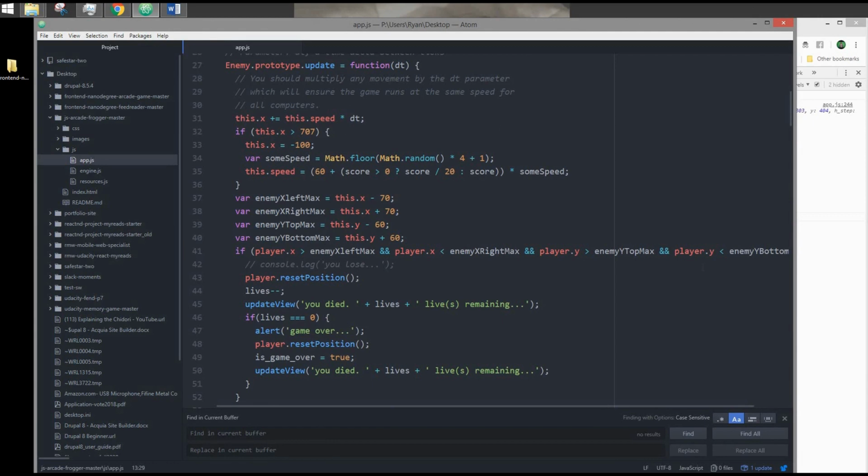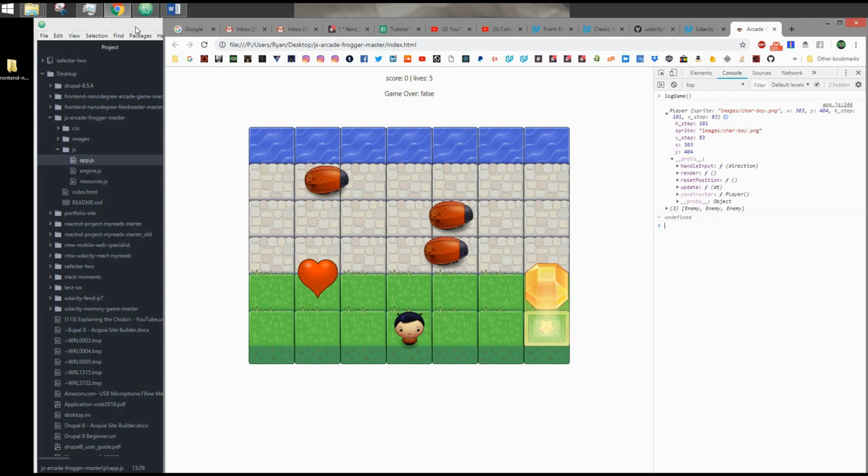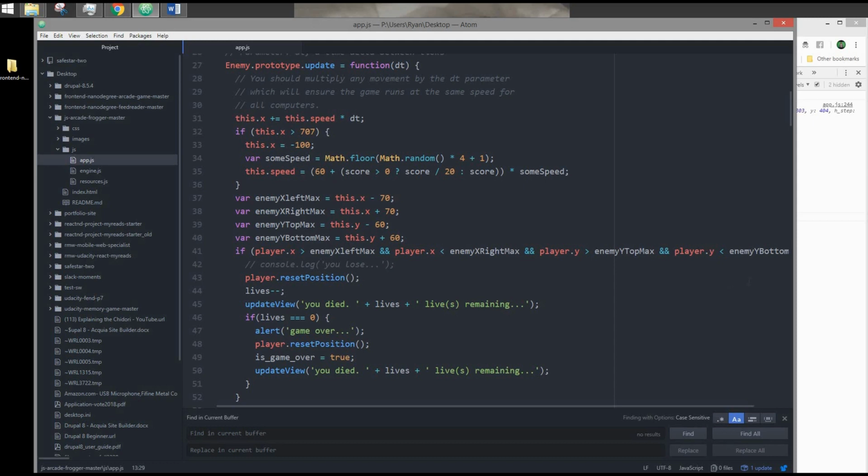If this dot x is greater than the size of the canvas, right, we're just going to reset its x back off the canvas on the left side, which is negative. And then I'm going to create a variable called someSpeed, which is math.floor of a random number times 4 plus 1, which is the same as 5. Now I'm going to say this dot speed is 60 plus, this is just me particularly. I guess this dot speed will be the same as this here. I'm adding this extra logic to have the enemies move faster as the score increases,